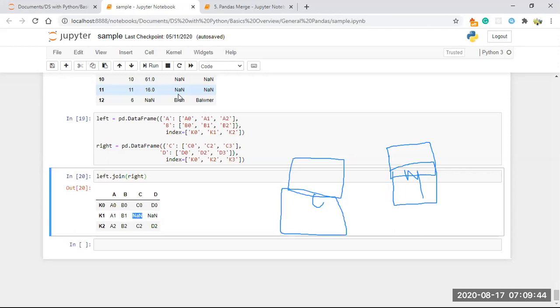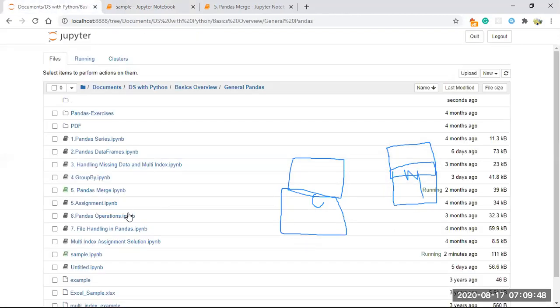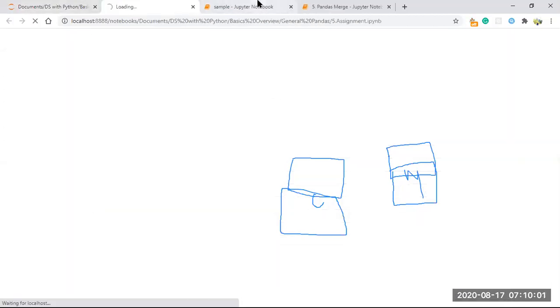So this is your merge and group by we discussed. Still we have only one day of concepts in your pandas. One is operation, another is file handling. Tomorrow we will complete that. So today you just work out only this merge statement, that is more than enough. I think based on merge, you will get one more assignment.